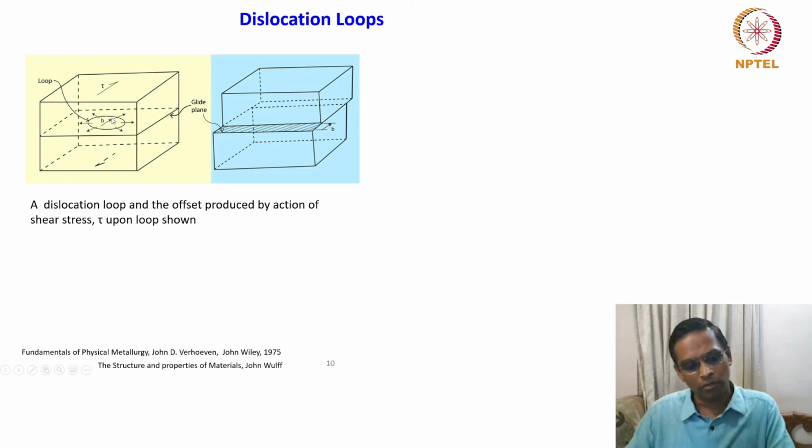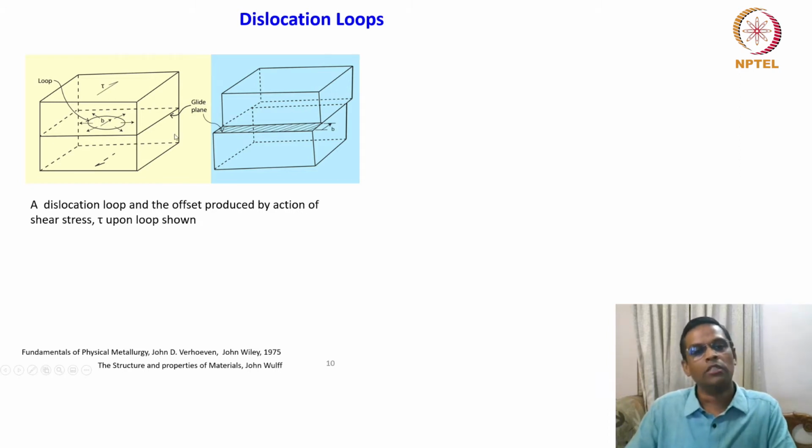So at least at one point you can think of, since we know the Burgers vector's orientation with respect to the dislocation line, we will be able to clearly say that, okay, if it is parallel to this, it could be a screw character, and if it is perpendicular to this, B could be an edge character, and in between we know the mixed character. So that is how we should understand this loop.